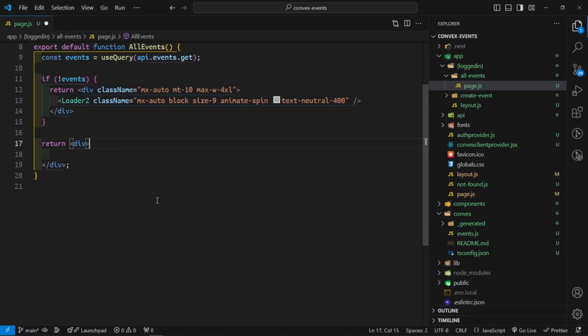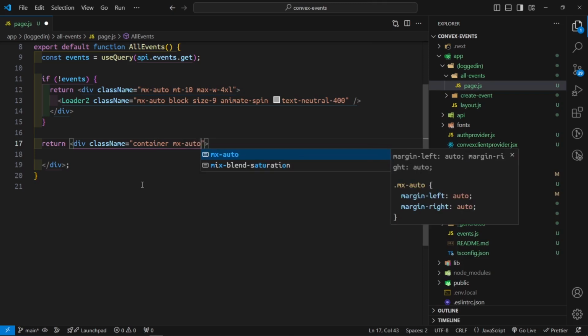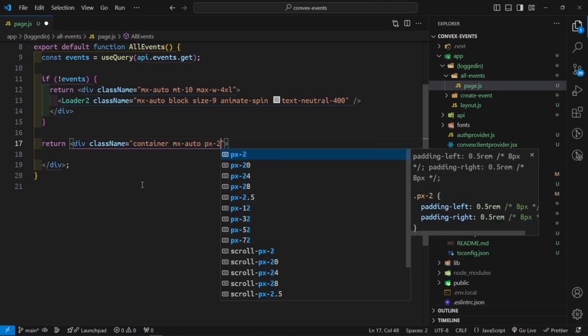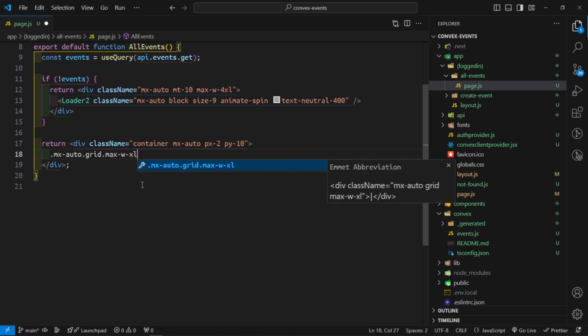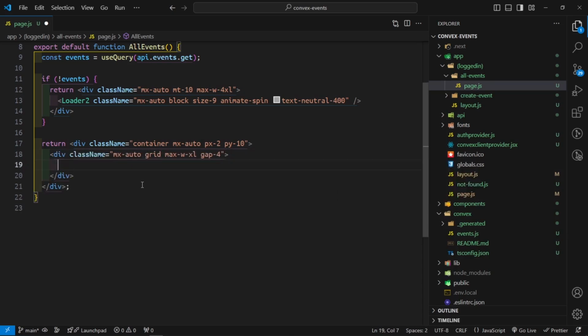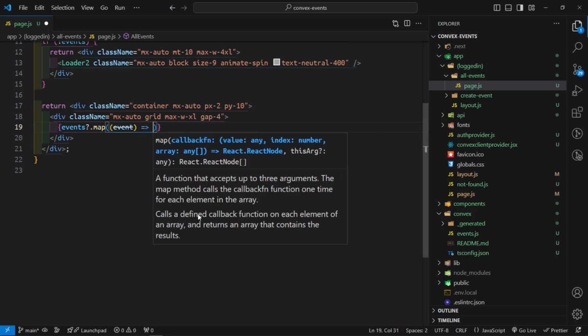So this first div is going to have a class name here of container mx-auto, and then padding on the x of 2, and then padding on the y of 10. And then inside this div we're going to have another div that has a class of mx-auto and grid, and it's going to say max-w-xl, and then a gap of 4. And then inside this div we're going to map over our events. So I'm going to say events, with the optional chaining, events?.map, and then we're going to say that for every event that we get back,